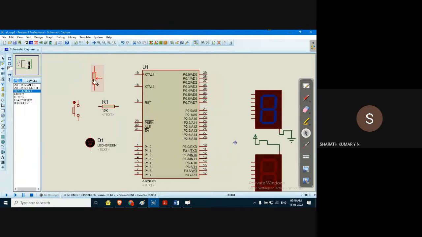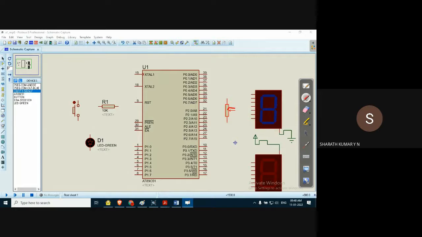Very simple. Okay. Now you have a component. You can start using it according to your requirement, wherever connection you want. So the middle point, this middle point one is the variable point. The other two ends use the fixed point, fixed value. Guys, okay. Next component is LCD display.